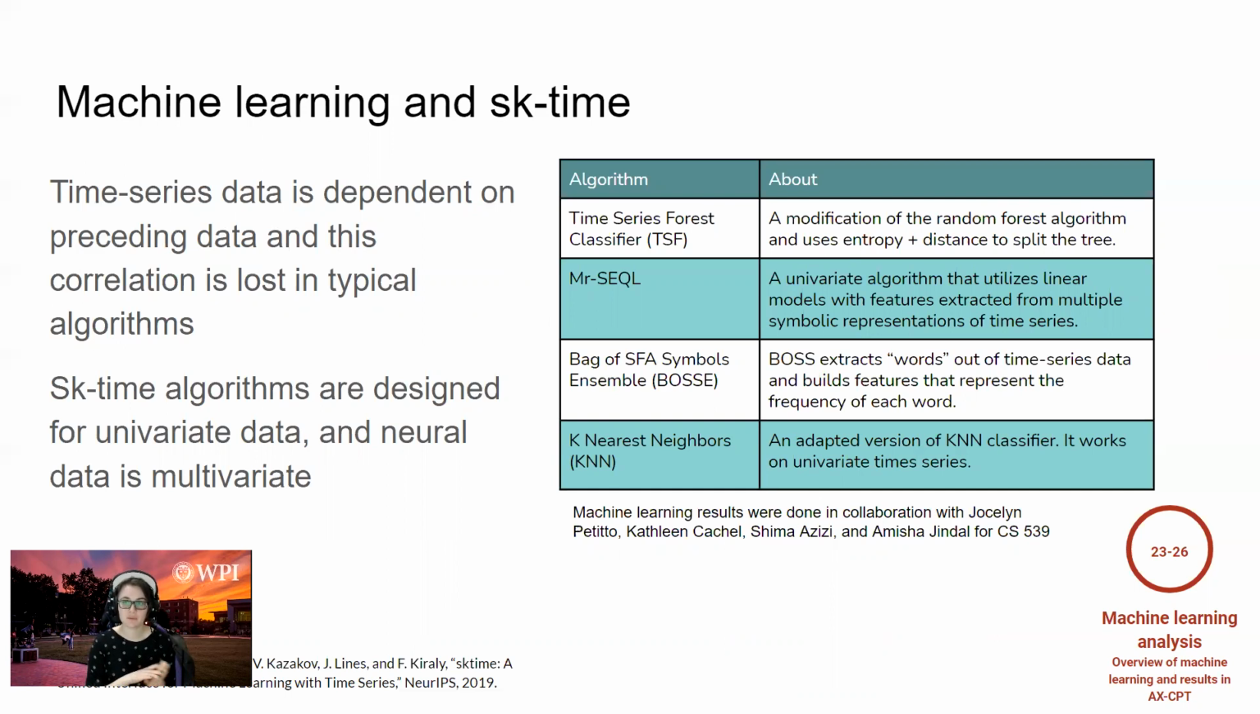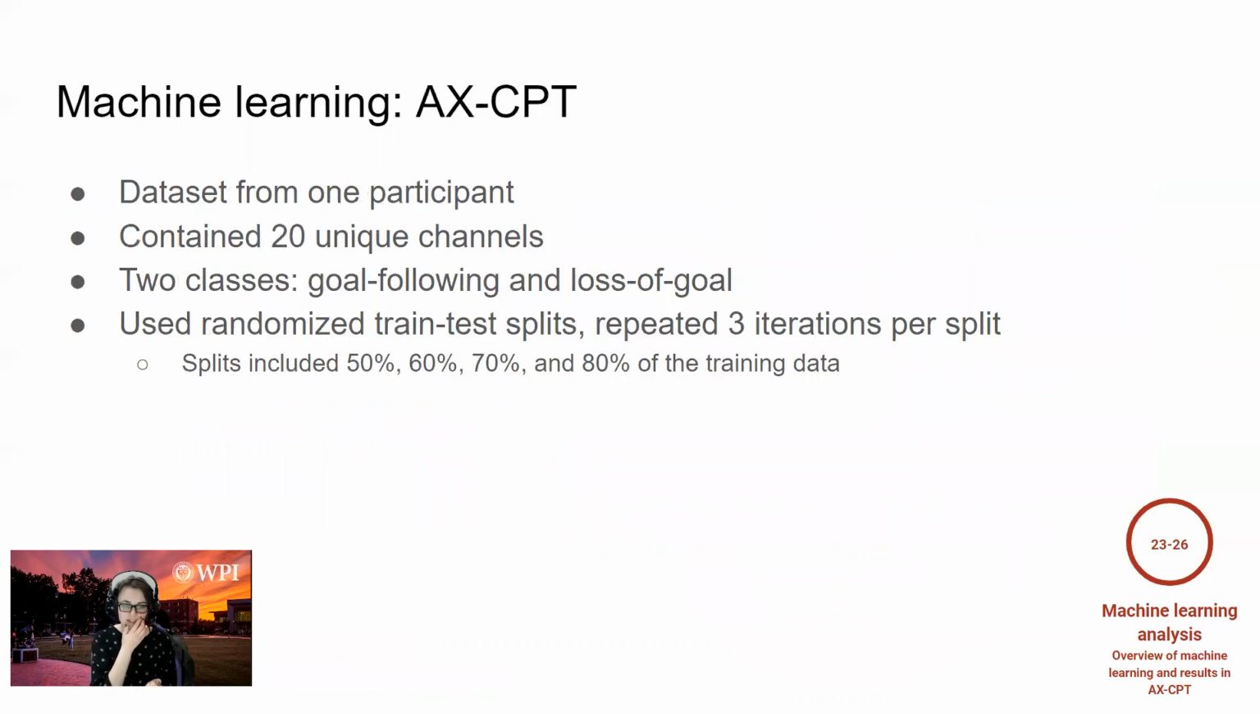neighbors. We can go into those a bit more at the end if you'd like, but just some brief descriptions there. So what did the data set look like for AXPT? We again used 1 participant because we didn't want to cloud the system with too many different neural sequences. It contained 20 unique channels, and we have the 2 classes of goal following and loss of goal states